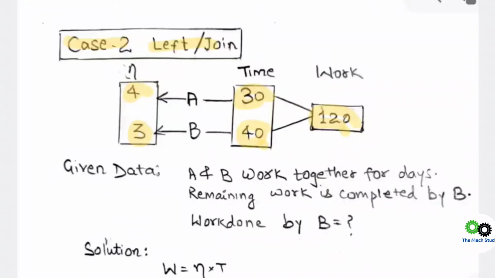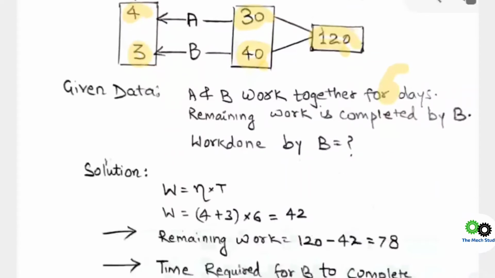What they have mentioned in the question is that A and B work together for a few days, and the days were 6 days, which I forgot to mention there. And the remaining work is completed by B. Suppose A and B together are working on a task for 6 days, after that A leaves, B has to complete the remaining work, so how much time will B take and what will the work duration be? So going ahead with that, basically you need to have an idea about that: work equals time into efficiency. And basically the work they have provided for A and B, they worked for 6 days.